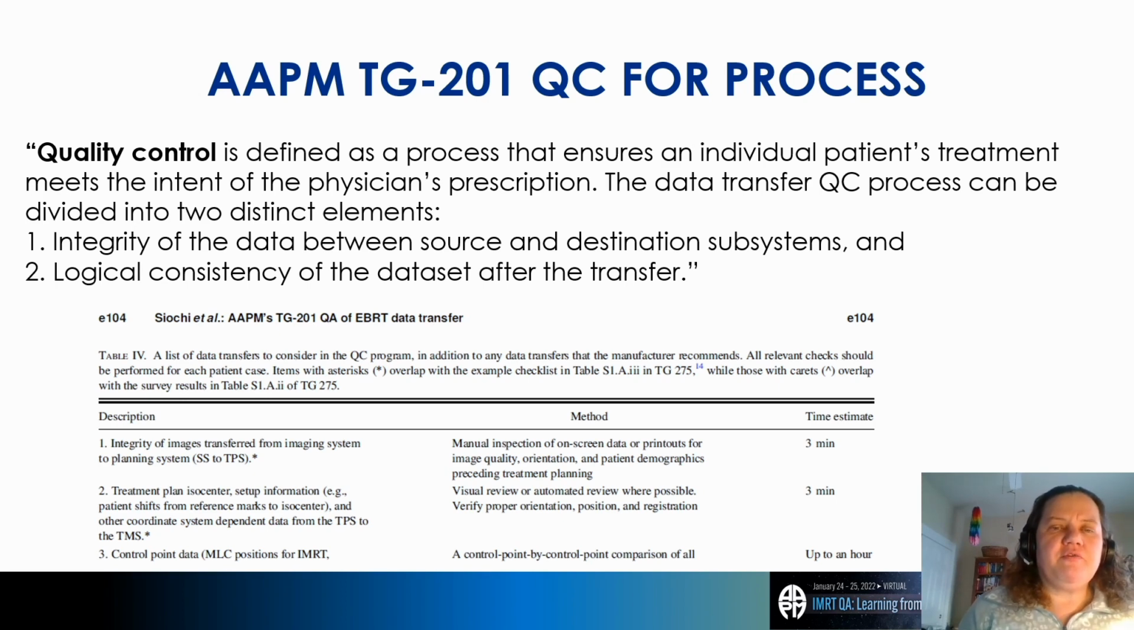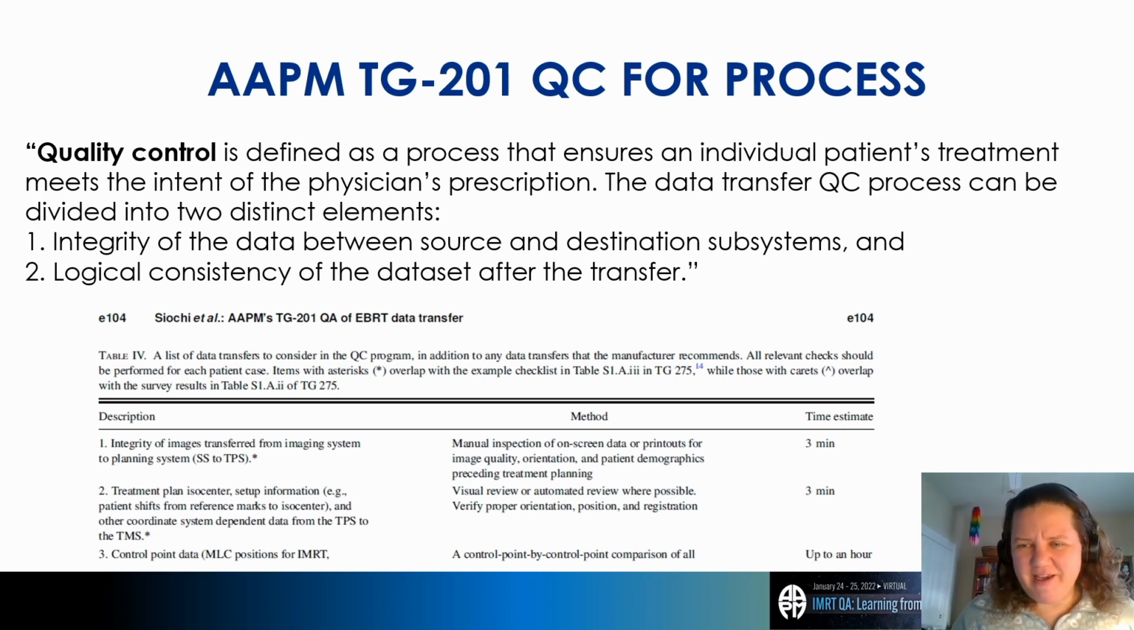So for that quality control, you have two distinct elements: integrity of the data between source and destination subsystems, and logical consistency of the data set after the transfer. And same as before, for each of the elements in that data matrix, TG201 lists the item that you need to implement quality control for, the methodology and how you would do that, and what